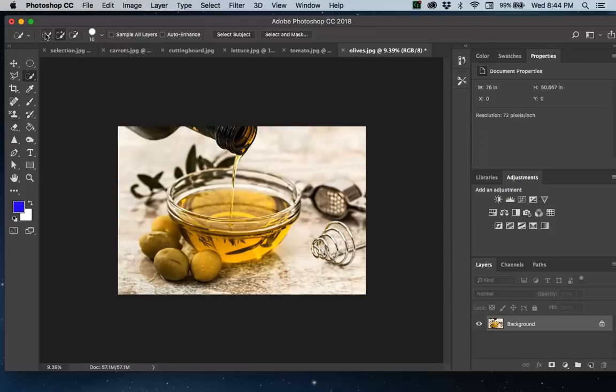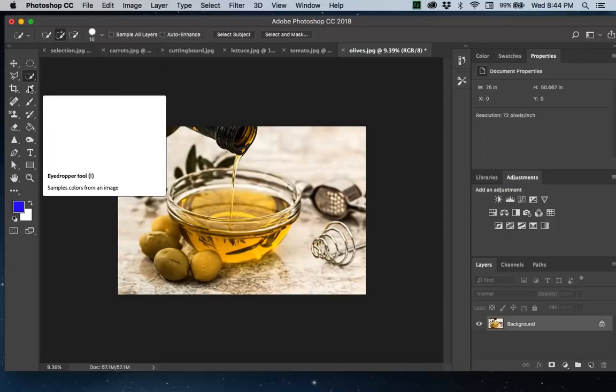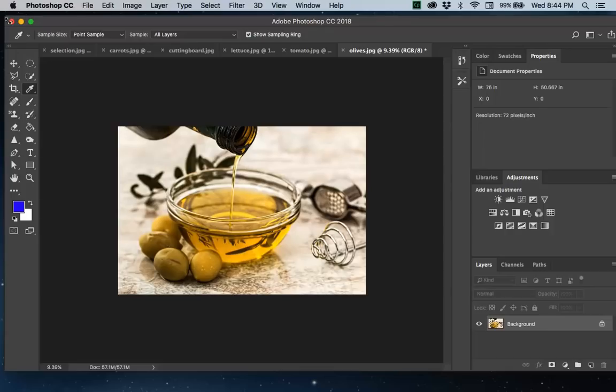There's one thing that I'd like to tell you: whichever tool you select, you will see the properties panel. Properties of those tools are going to appear on top of the screen. If you pick the quick selection, there's a bunch of properties for that tool, and again for all others. For quick selection, you see regular selection, which just selects the area, and this one that has the plus sign means it's going to add to your selection, and there's minus, that's going to subtract the area